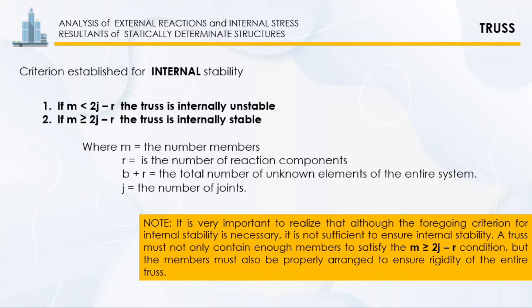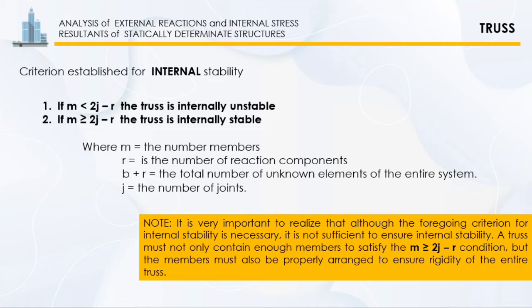Here, we have a criterion established for internal stability. When the number of members is less than 2 multiplied by the number of joints minus the number of reactions, the truss is internally unstable. Now, if the number of members is greater than or equal to 2j minus r, the truss is internally stable. So again, M is equal to the number of members, R is the number of reaction components, B plus R, so that is the total of unknown elements of the entire system. J is the number of